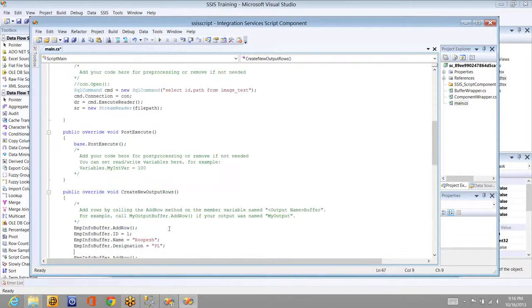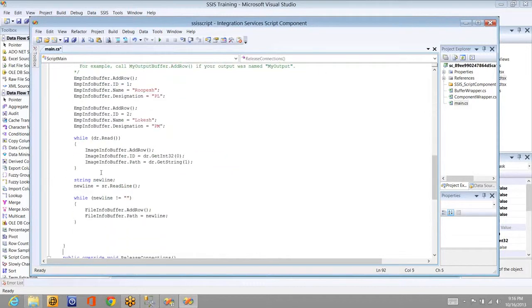Now here in the stream reader I am using a read line method to read every line, and whenever the read line is not empty, I'm looping through and adding a new row and getting the value of the new line into this one. Okay.